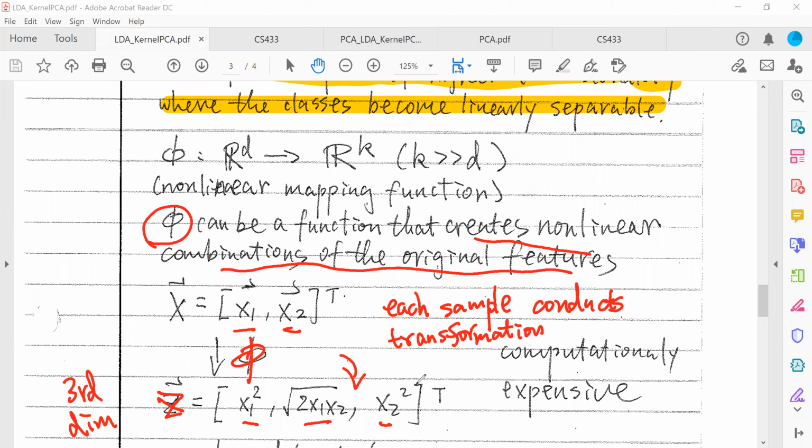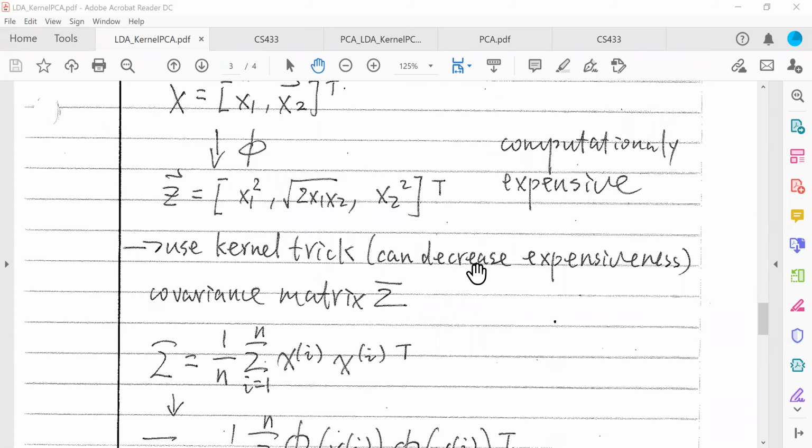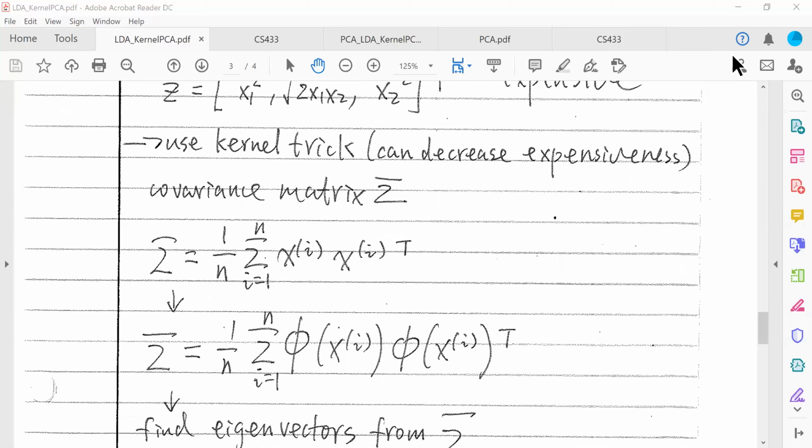Conducting this kind of transformation is going to be computationally too expensive, and then you apply the learning algorithm like gradient descent or SVM, which is also too expensive. So in machine learning, basically it's mathematics background. If you apply some kernel trick, then we can